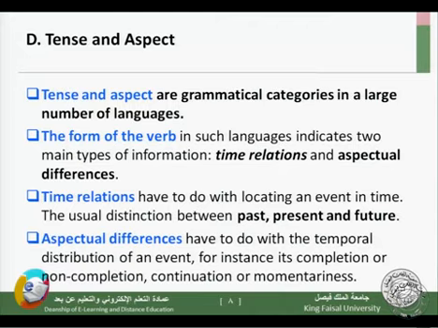Is the message I'm translating in the past? Is it in the present? Is it in the future? You need to identify it first. Okay? Now this is very important. Now if we move to the second point,